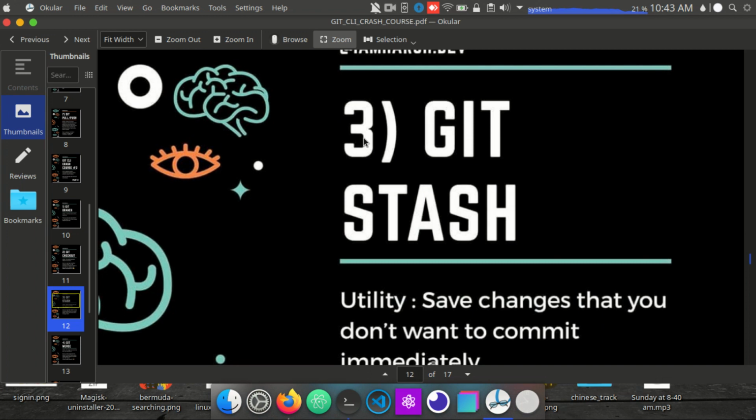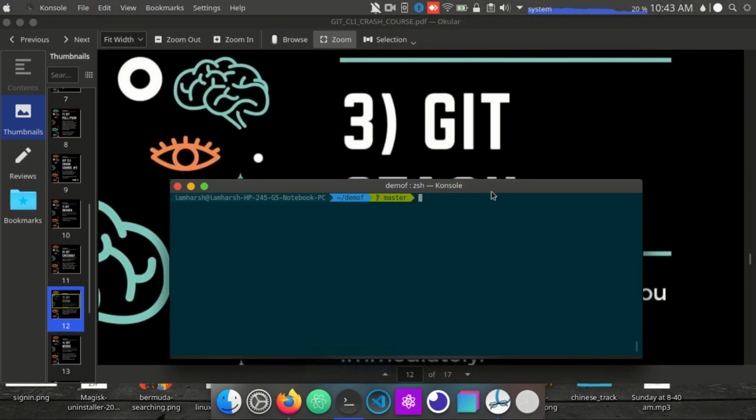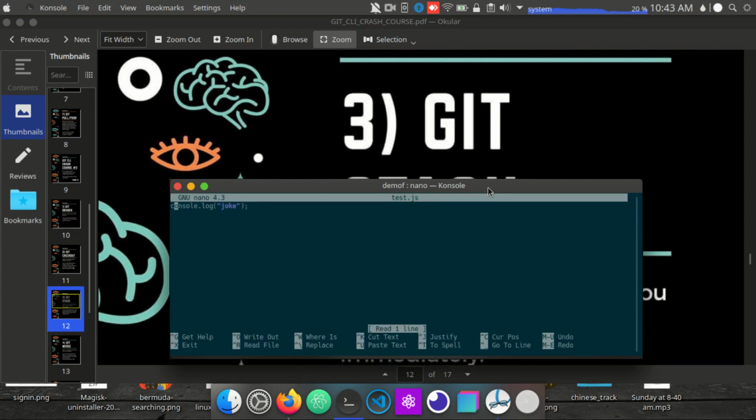And there's a command called git stash. So let me tell you how git stash works. I'll open that file again and add anything, and so we have just added it.